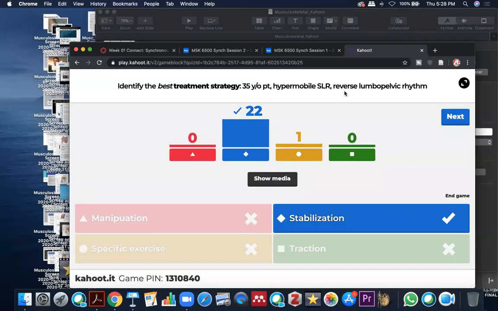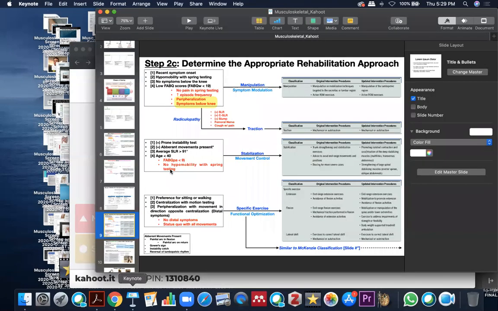This person had a hypermobile SLR. So it did not say they had a positive prone instability test, but then again, you don't need all four. So this person had a hypermobile SLR. I didn't put a number there, but if it's hypermobile, I would just probably assume that it's greater than this